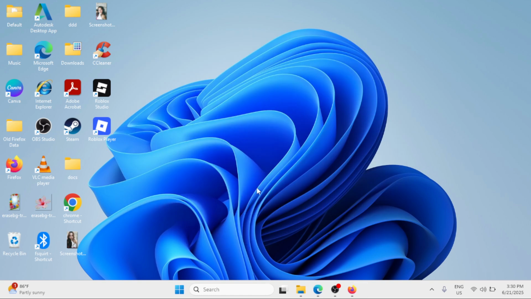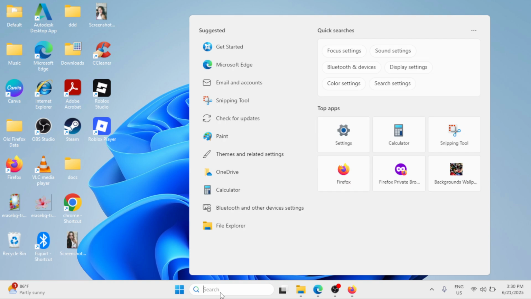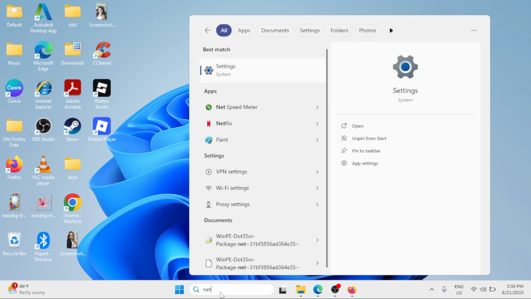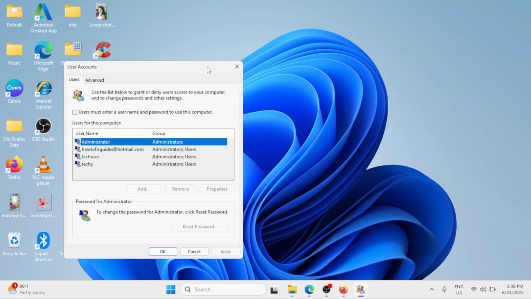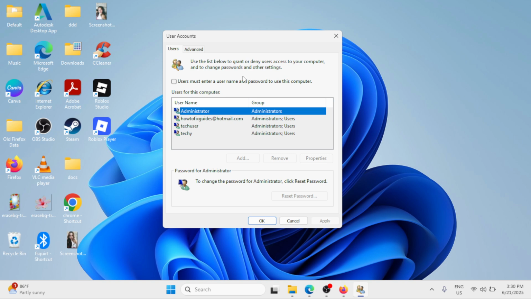Then the next thing that we can do is go to the Windows search bar and type netplwiz. Click on it under the best match. Then go to the